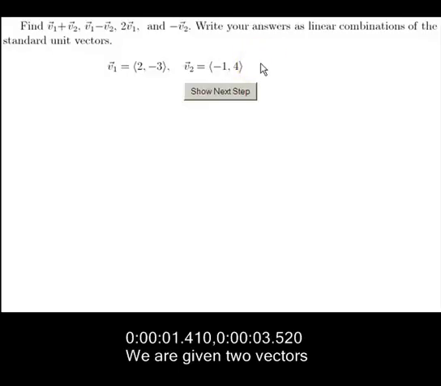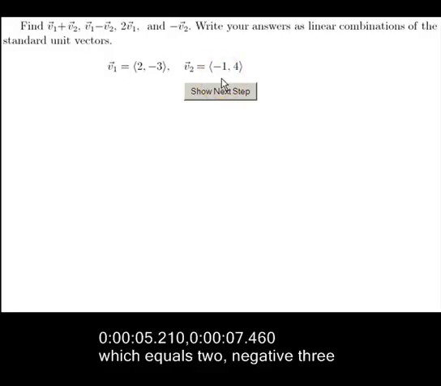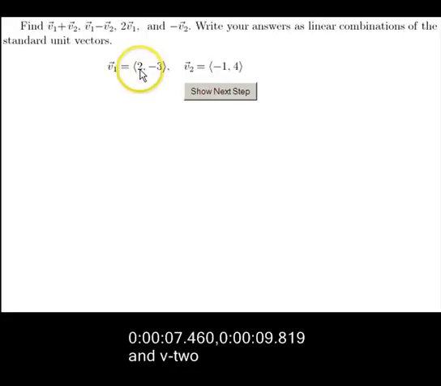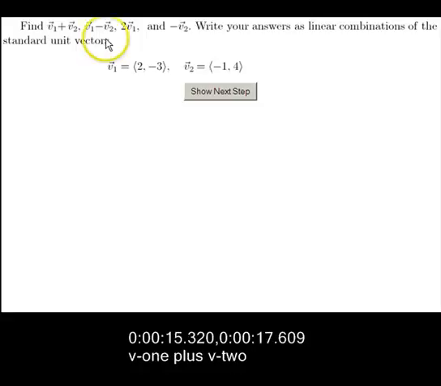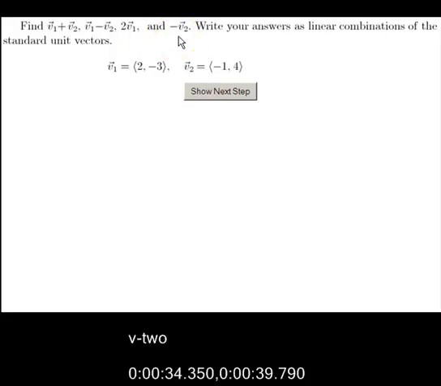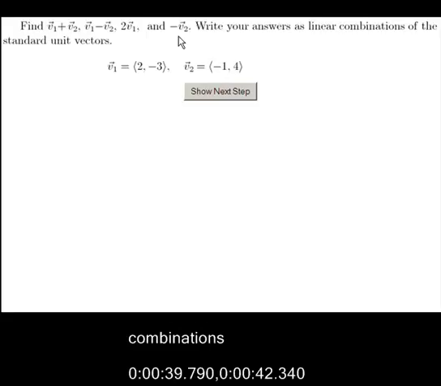We are given two vectors, v1, which equals 2, negative 3, and v2, which equals negative 1, 4. And we are going to find the sum, v1 plus v2, and the difference, v1 minus v2, and the scalar multiple, 2 times v1, and another scalar multiple, negative v2. And when we write our final answers, we are going to write them as linear combinations of the standard unit